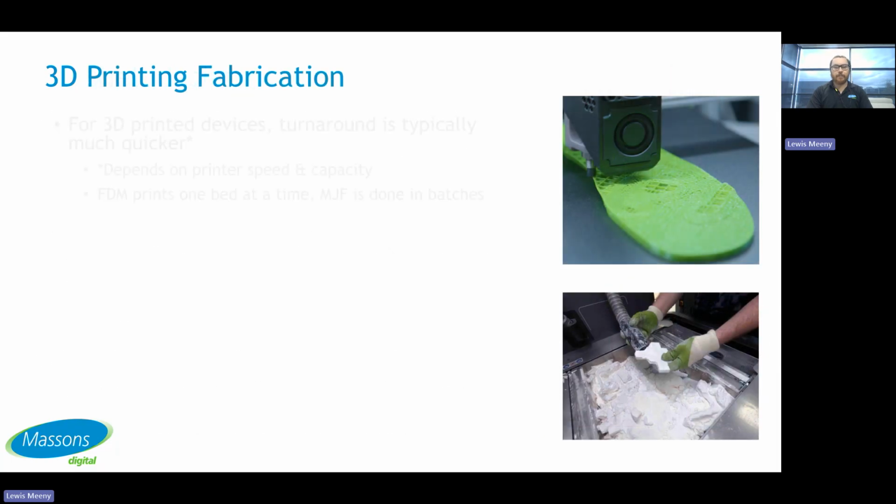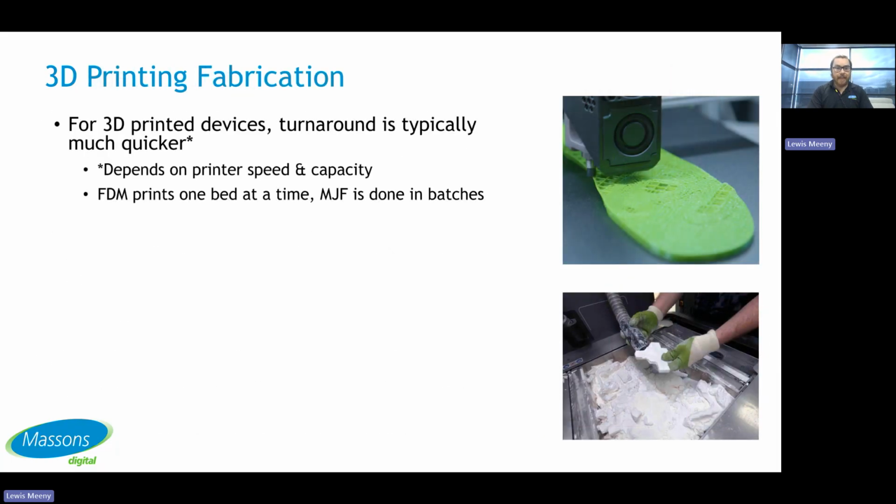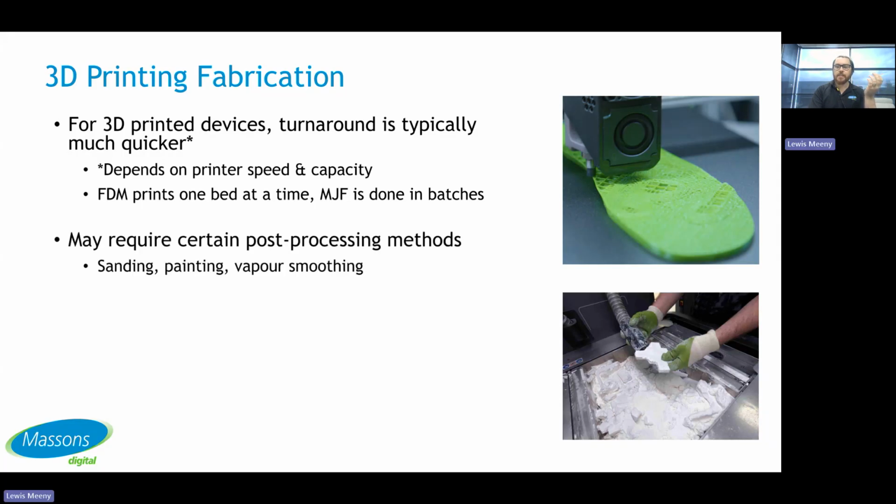Well, in general, we'd say 3D printed device turnaround can be much quicker, with the caveat that it really depends on your printer speed and capacity. Like FDM, your traditional layer by layer out of an extruder, does one bed worth at a time, versus MJF or our powder prints, which are done in batches, so we can do multiple devices at once instead of one at a time. They may require certain post-processing methods, so sanding, painting, vapor smoothing, whatever that is, it is just something to consider